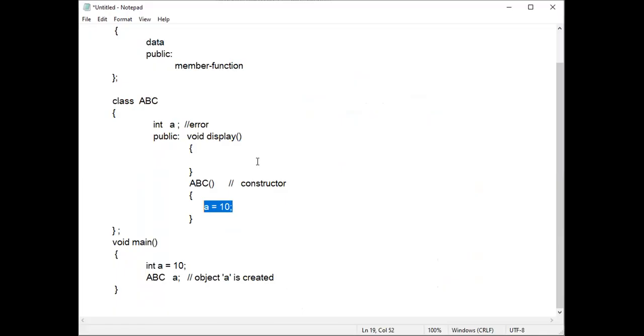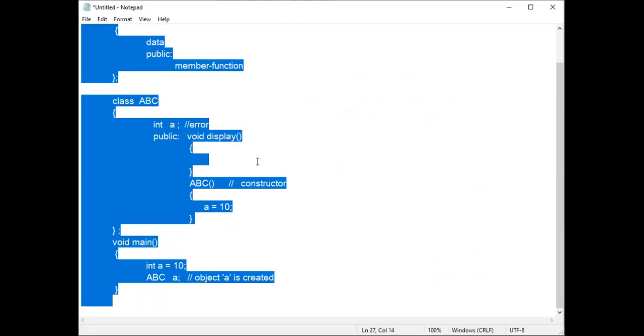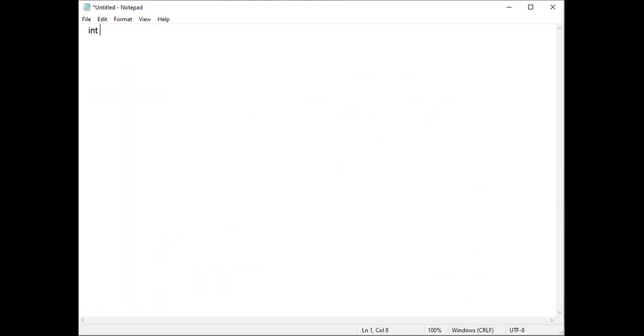For example, if I'm writing a function like int sum, you can write the function like this. Inside this I have not given anything, so like this also you can write, that is without writing the parameter.